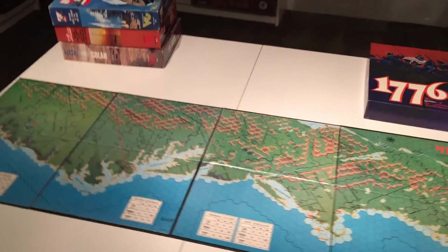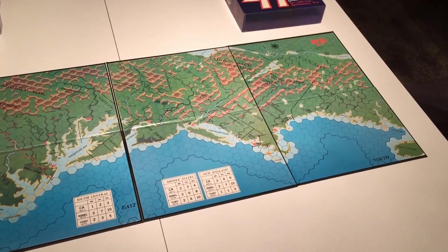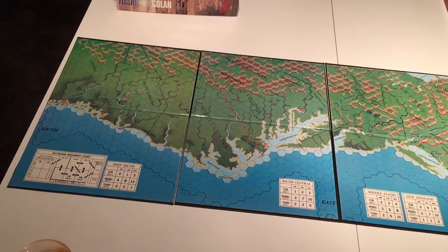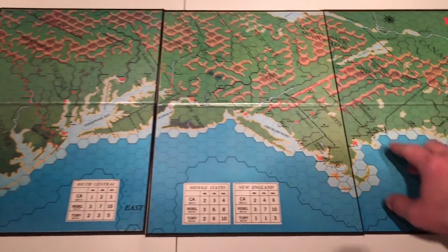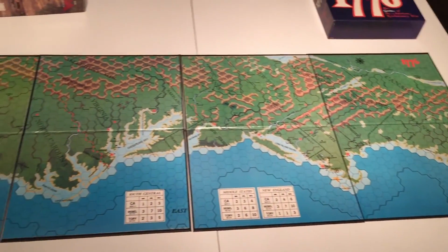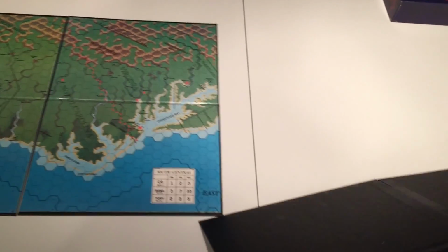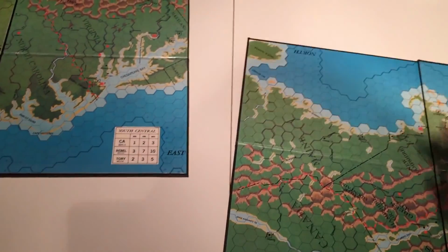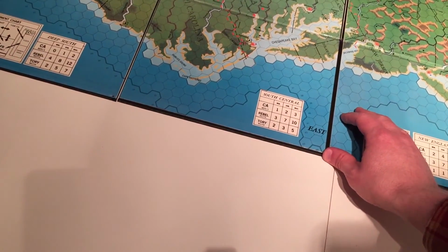And here we see the map all laid out. It's 4 pieces, although I'm not sure if this was something Avalon Hill did or something the original owners did. Even though the game looks unplayed, I mean, it's unpunched and the rules are unread. But it looks like 4 board sections, but they were kind of split into these 2. And there's like a section, one side taped underneath with like a black tape that, not like duct tape, but sort of a flexible fabric kind of tape. Take a look at it here. And I'm not sure if that was something done by Avalon Hill to attach the pieces, or if somebody did that after the fact. I haven't seen other copies of the game, so I'm not sure what the original